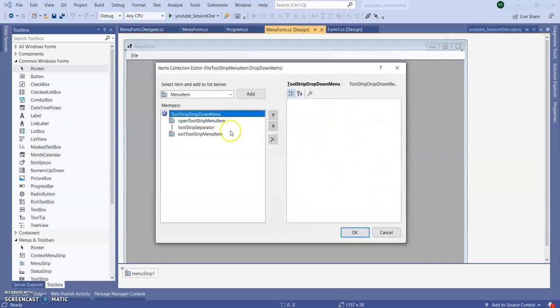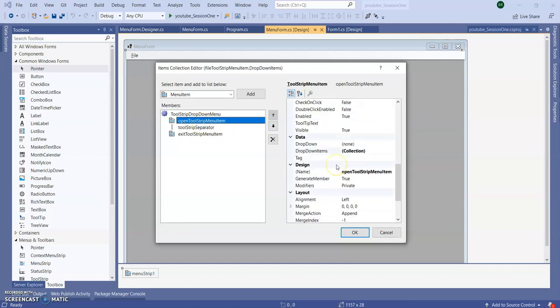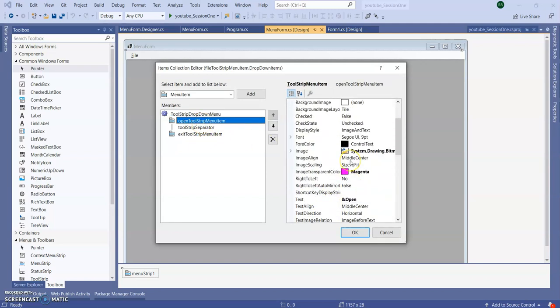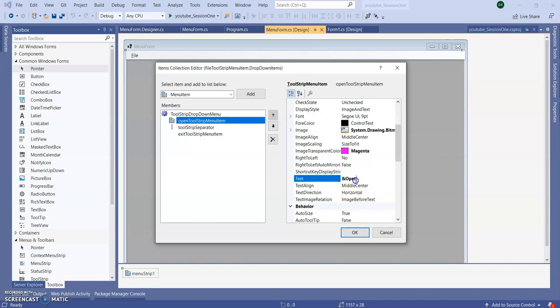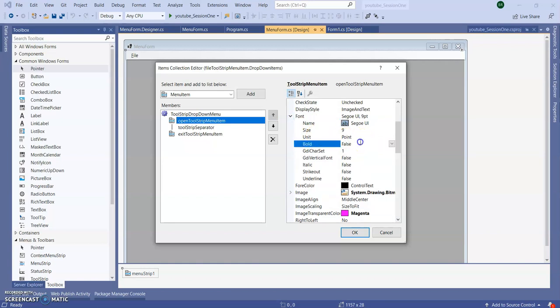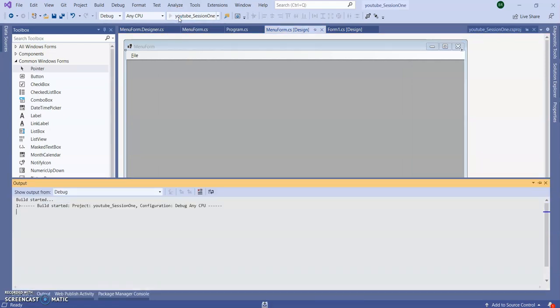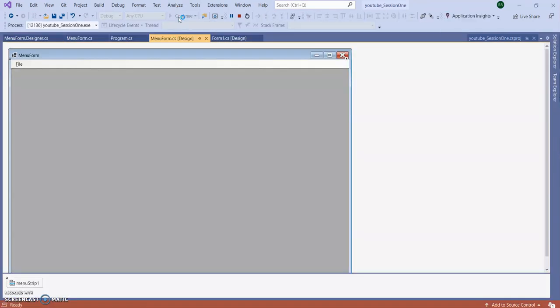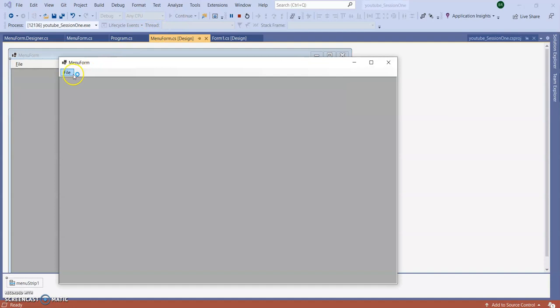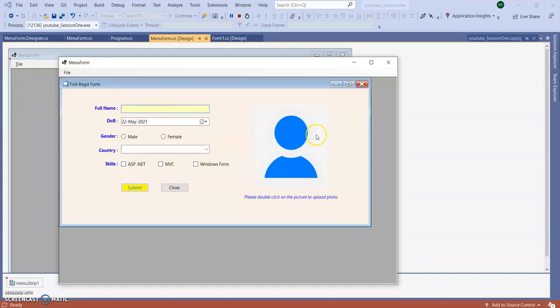In the same way you can change the font. If you go here, you can change the text. I'm going to change the text to register form. In the font section I'm going to give bold. Click on OK. Next, run the application. You can see the color has been changed and the font property also changed.